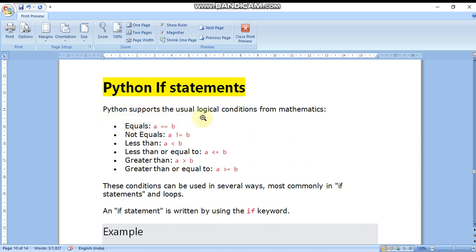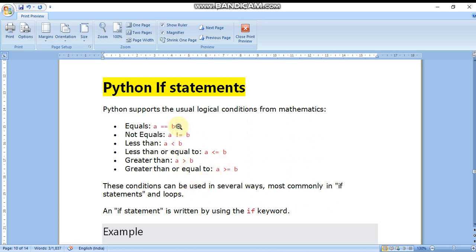Python supports the usual logical conditions from mathematics. We learned this in the previous video: double equal to, not equal to, greater than, less than. I had discussed all these conditions in the previous video.